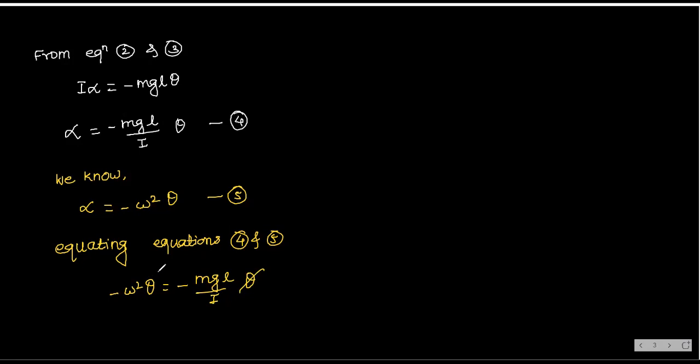This theta and this theta will get cancelled. Minus and minus will get cancelled. So we got omega square is equal to